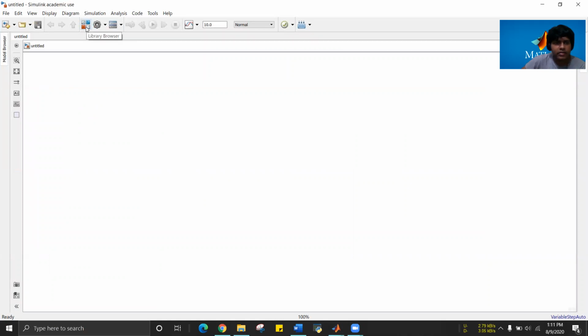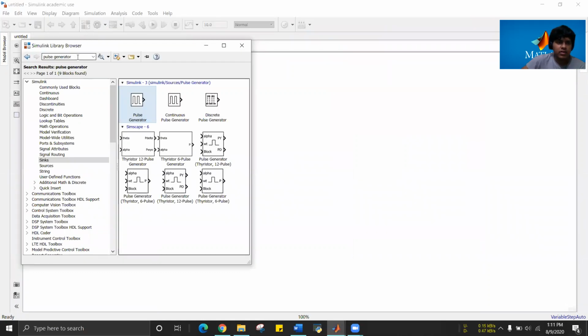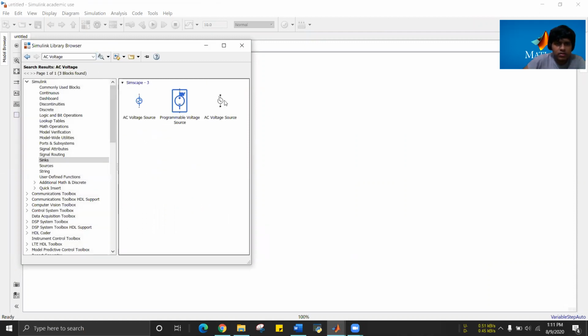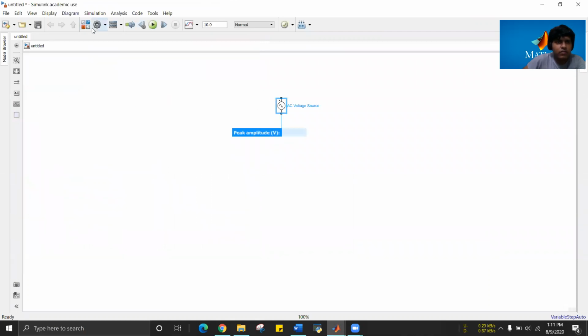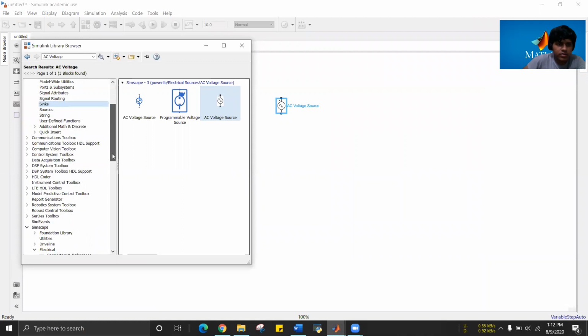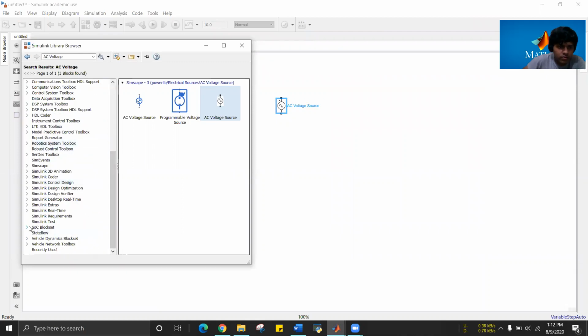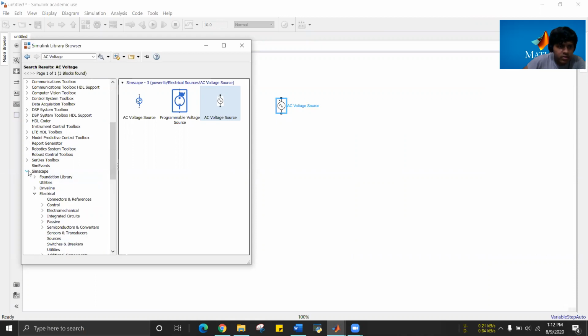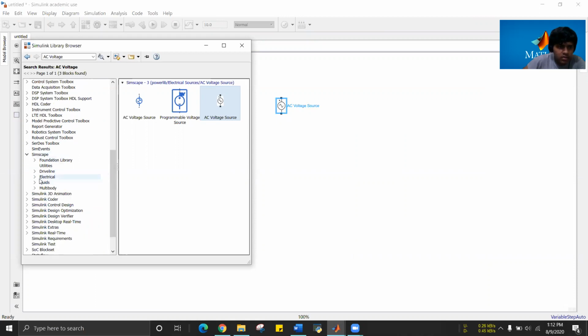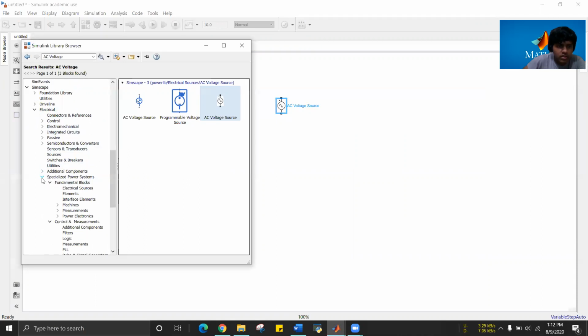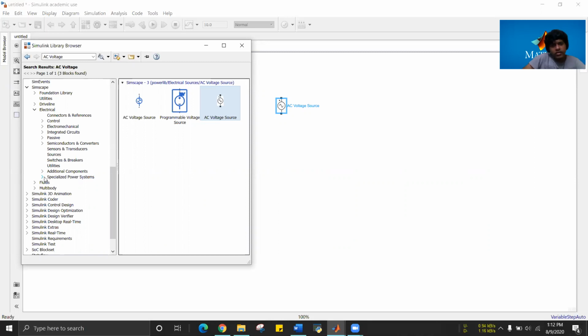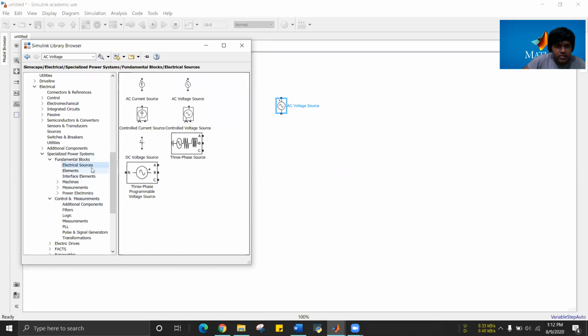First we need to get all the apparatus that are required for our experiment. First we need an AC voltage source. So I have the AC voltage source. If you want to explore where I got it from, you can just go down to Simscape, under Simscape go to electrical, and in electrical go to specialized power system. If you're using an older version, it would be inside SimPowerSystems, and in the newer versions like 17, 18, 19 and 20, it will be under specialized power system, and there you have electrical sources